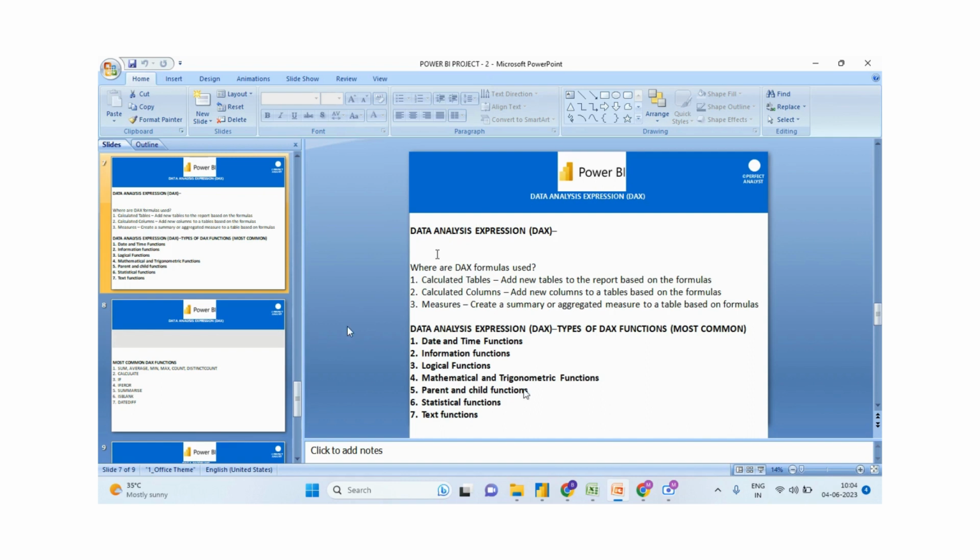Here I have explained about different types of DAX formulas and why you are using them. Some DAX functions are used to create calculated tables, some to create calculated columns, and some to create measures. So we will try to understand each of these types, and if you see the different types of data analysis expressions, we have around